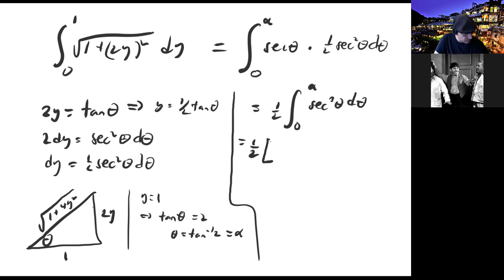This goes back to chapter 7. This is going to be 1/2 secant theta tangent theta plus 1/2 ln absolute value of secant theta plus tangent theta. And we're going to evaluate this from 0 to alpha. So what do you get? Well, if you factor out